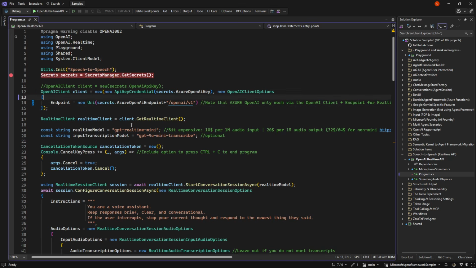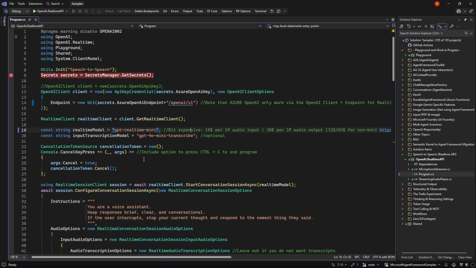So the way we do it here is we say Azure OpenAI client and then set the endpoint, as we have seen a few times before as well. And once we have the client, we can get the real-time client, because the API is not the chat client or the responses API, it's what is called the real-time client instead. We also need models, and this is a model we haven't used before, so if you're on Azure, you might need to deploy this model. There's either a GPT real-time, there's a mini, a non-mini, and there's a 1.5 version as well.